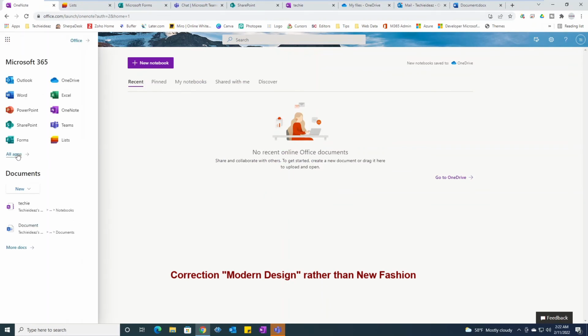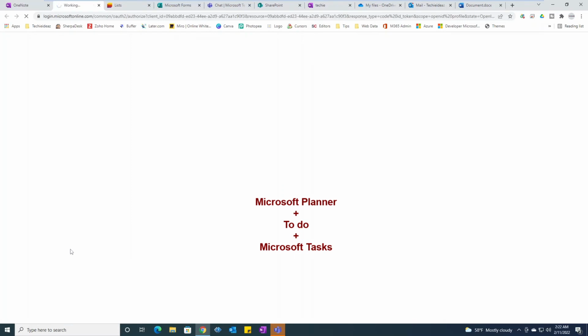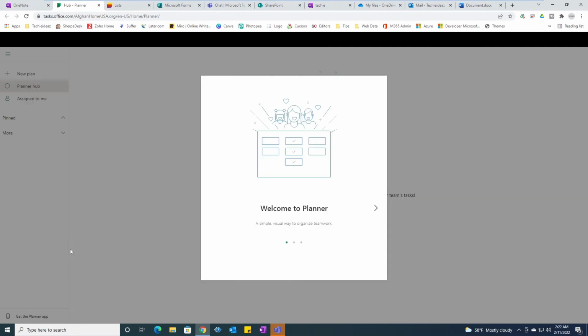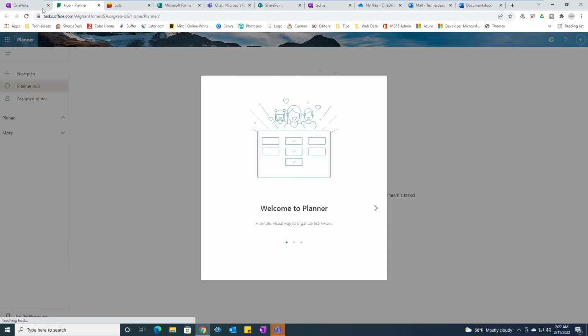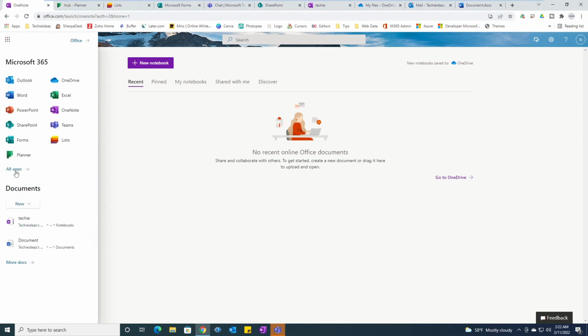The other one is Planner, which is also called To Do or Microsoft Tasks. Here you will see all the tasks assigned to you. It's kind of your daily planner or to-do list. Going back to the App Launcher,